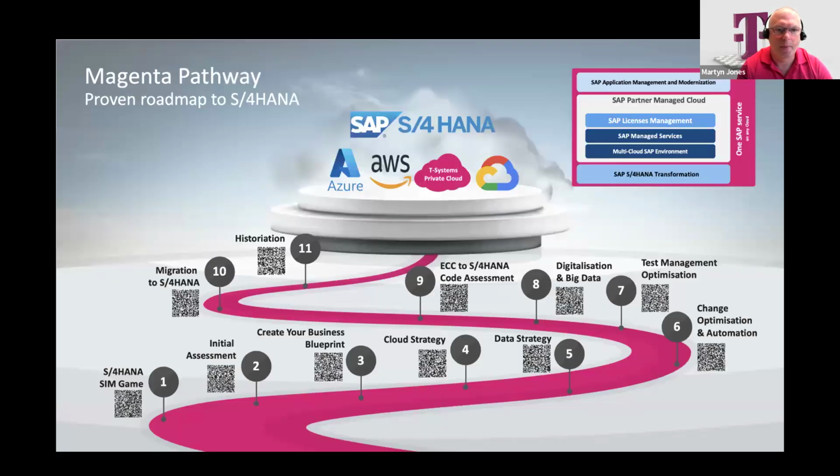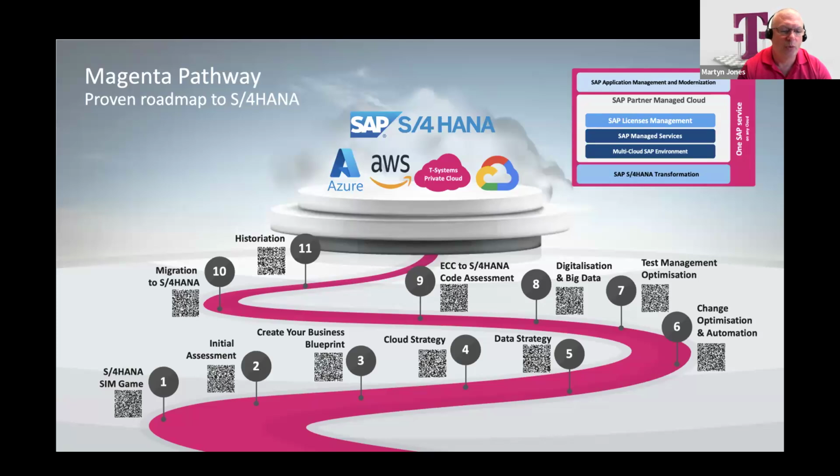Next slide, please. So what T-Systems has designed is the Magenta Pathway. The one question I get asked quite a lot is, why does T-Systems use partners? With this Magenta Pathway, we have a lot of our partners within this strategy. The key thing we've come back to is that we use best-in-class partners to deliver some of these capabilities, and the reason for that is we can't do everything. We have to rely on partners which have capabilities and that's what they specialize in.